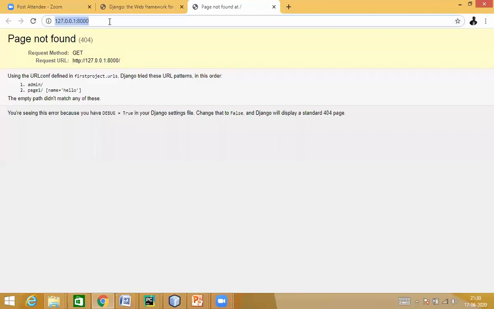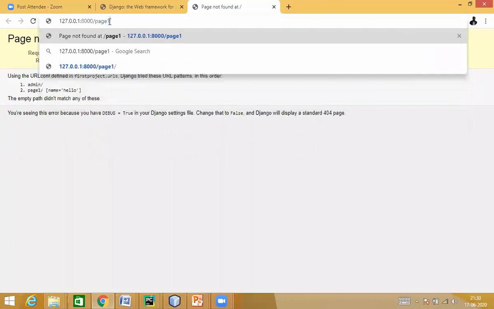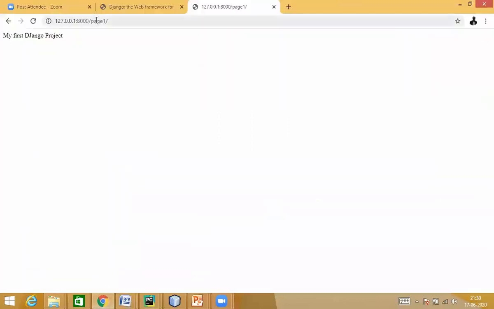I click on this and I see nothing, but understand my path is not there yet. This is the local route. Now over here, I've written page 1, so this is the path that I've designed. Enter. My first Django project. This is where that particular file would be visible. What did I do? I just ran python manage.py runserver. It took me to this path. On that particular path in this browser, I just added page 1 and it is working fine.